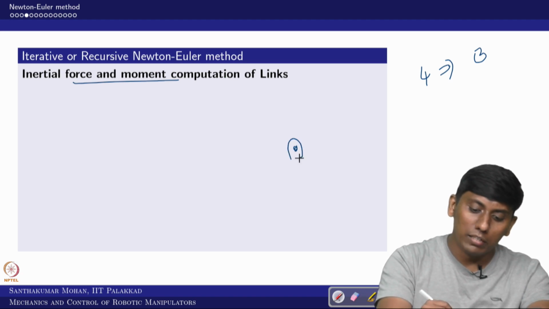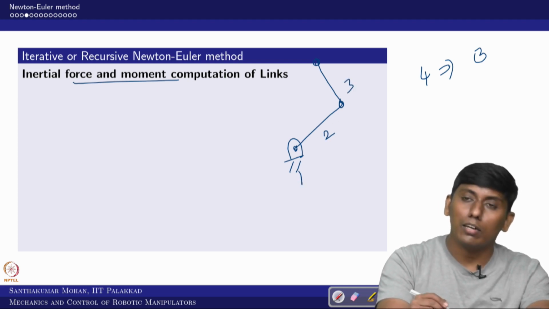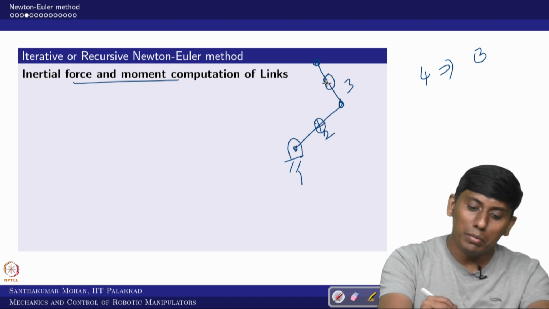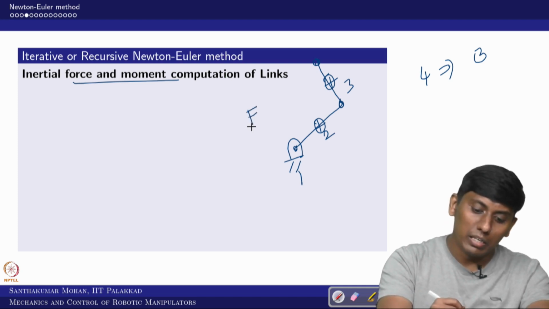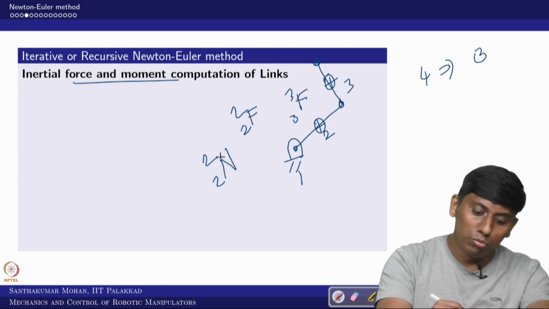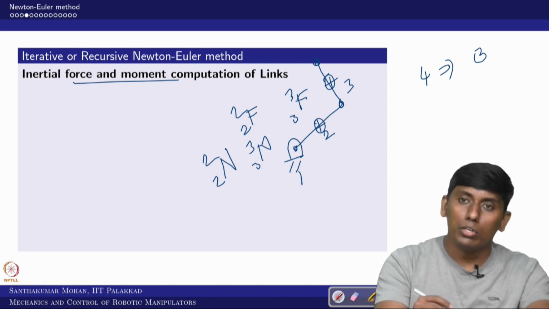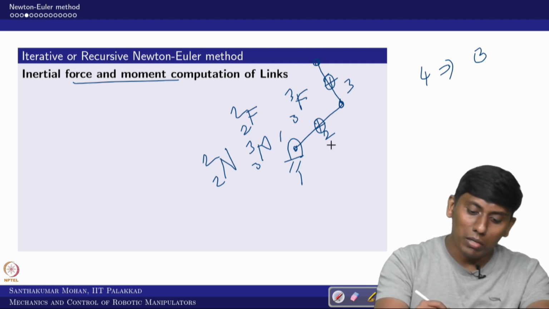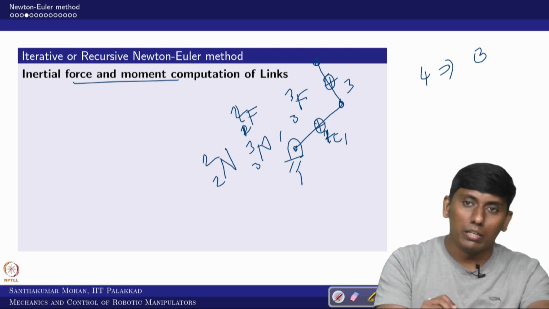So, for example, you take a 2R serial manipulator, okay. How many links are there? The ground, so 2, but in that sense there are 2 moving links, and the centroids would be playing on these 2 links, okay. So, the link inertial forces and moments would be 2 components. In this case F22 and F33 and N22 and N33 will all come. But how you denote them is different. So, we denote this one like this, this is 1 C, that way you can make it.